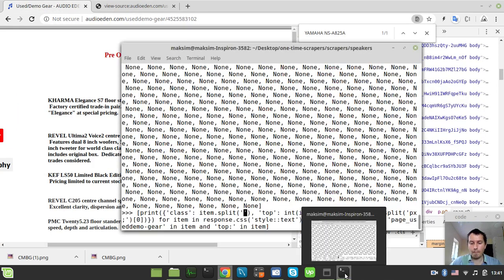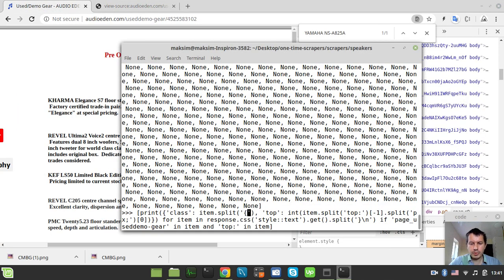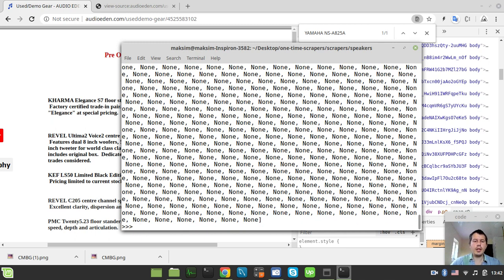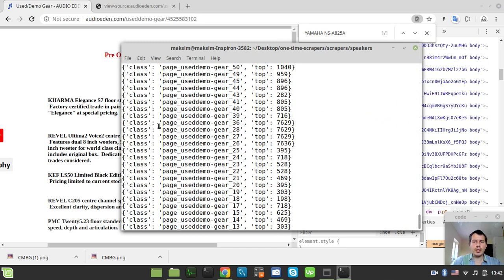Okay, so I'm splitting this by the curly braces, and I want the very first element, and also I want to skip the first and the very last characters of the first item, the first word. So now you see we got this mapping, so we got this class and the particular corresponding class, and